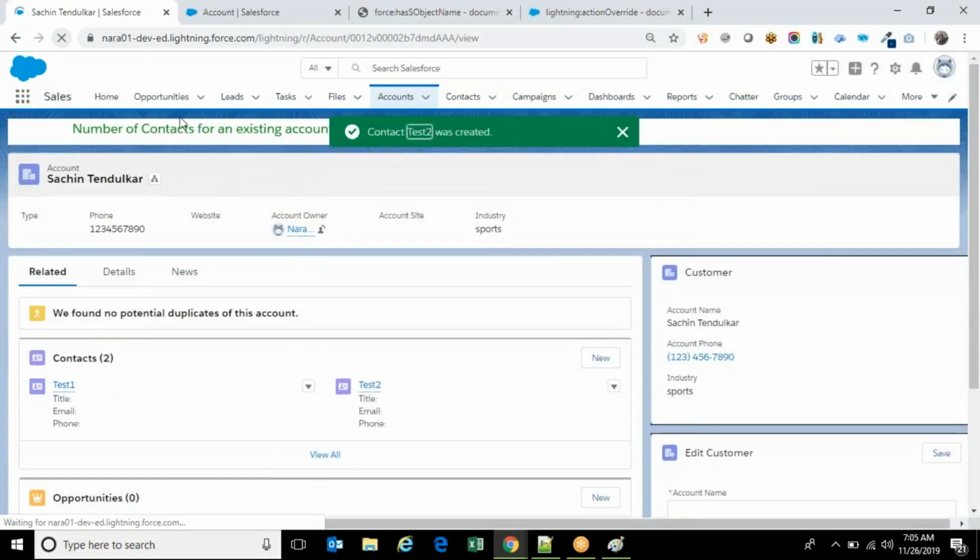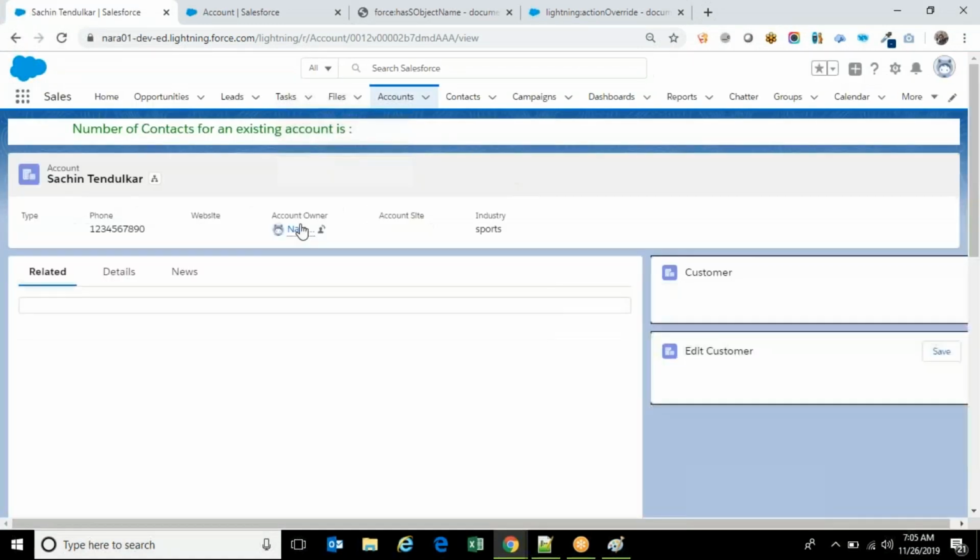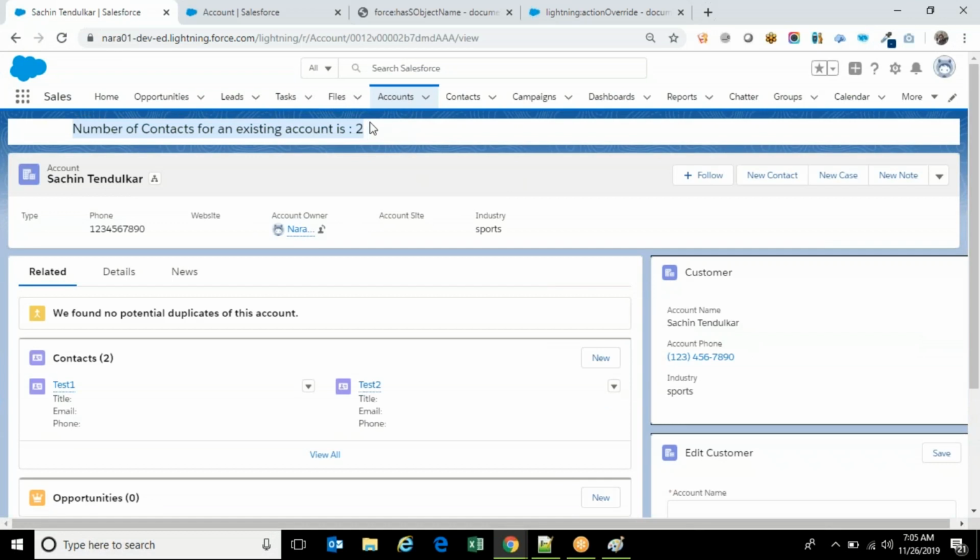So you can add some CSS in order to highlight the text message. You can add additional CSS if you want. You can display some red color text. So generally at the case level, we use some inline components to identify the status of the case or the stage of the case. For such requirements, we use